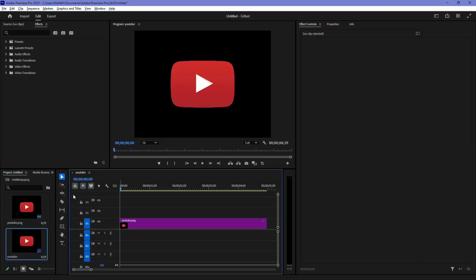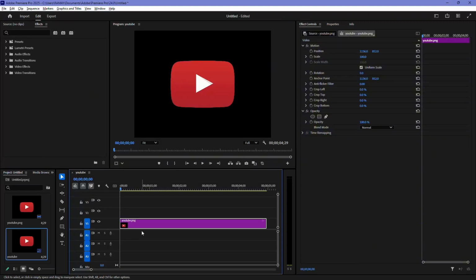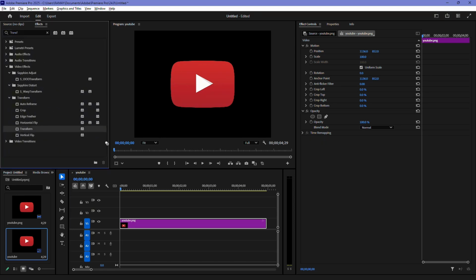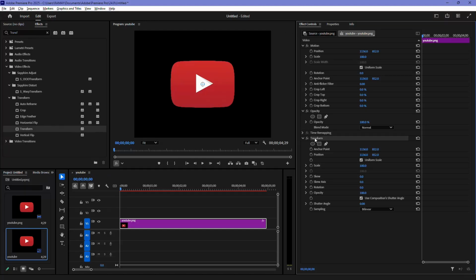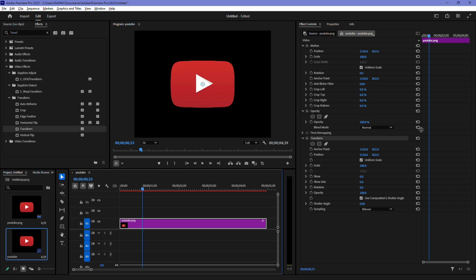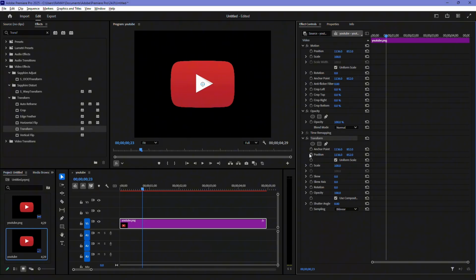To add a shake effect in Premiere Pro, first select your clip in the timeline. Open the Effects panel, search for Transform, and drag it onto your clip. In the Effect Controls panel, scroll to the Transform section. Move the playhead to where you want the shake to begin, then click the stopwatch next to position to create